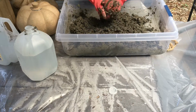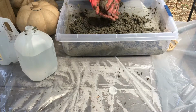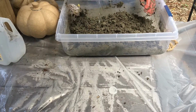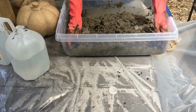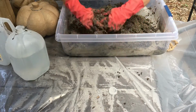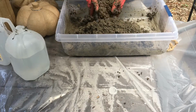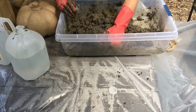Okay, so see, if I pack it like a snowball, pretty good. I'm going to give just a tiny bit more water to it. And I think we'll be good. After I get this all mixed, I need to let it rest and sit for 5 to 10 minutes,